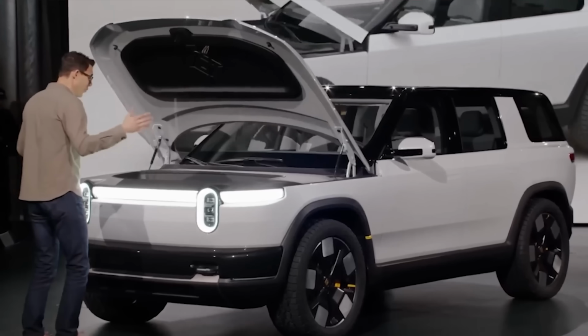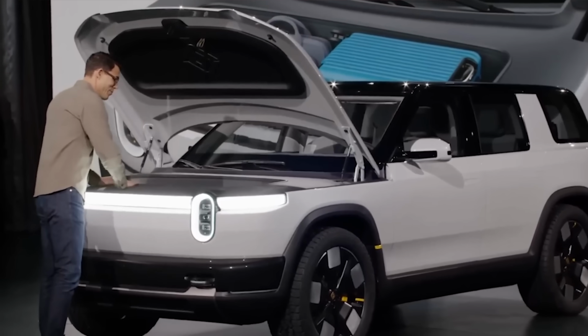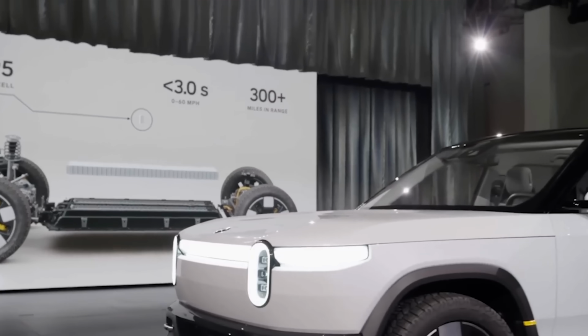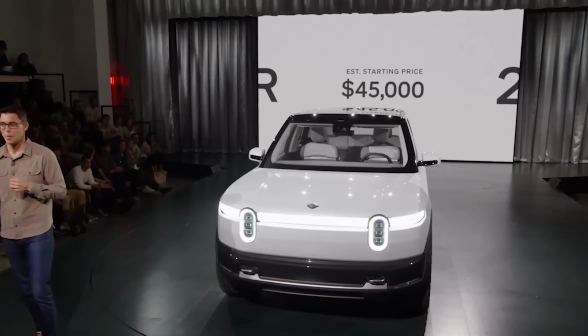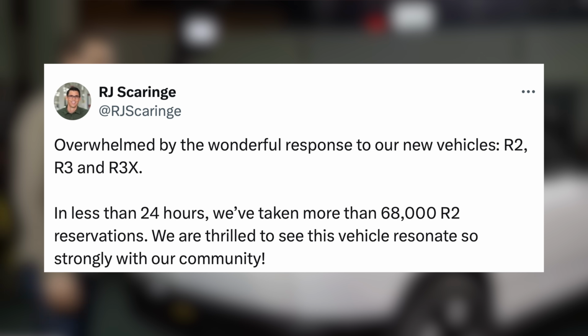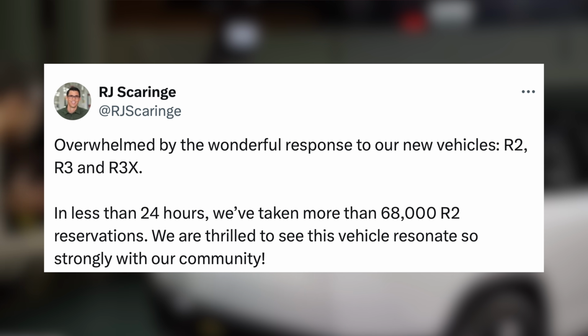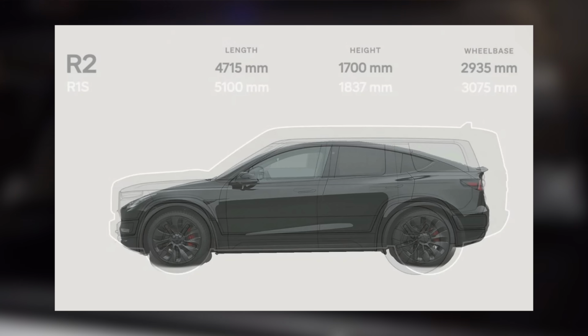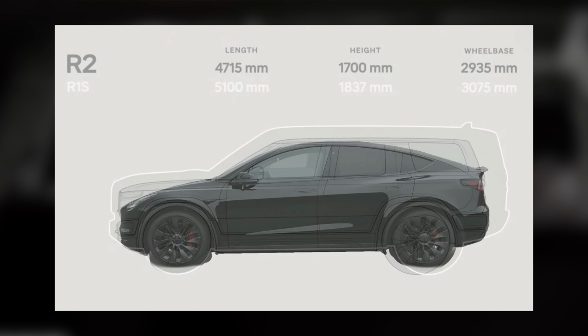Rivian has integrated a lot of customer feedback into the design of this vehicle, delivering a vehicle that should be able to travel over 300 miles in most configurations at a starting price of $45,000. Reservations opened immediately after the event, and they got over 68,000 reservations within the first 24 hours of availability. The R2 has very similar dimensions to the Model Y, minus the sloped roofs, which gives it a lot of